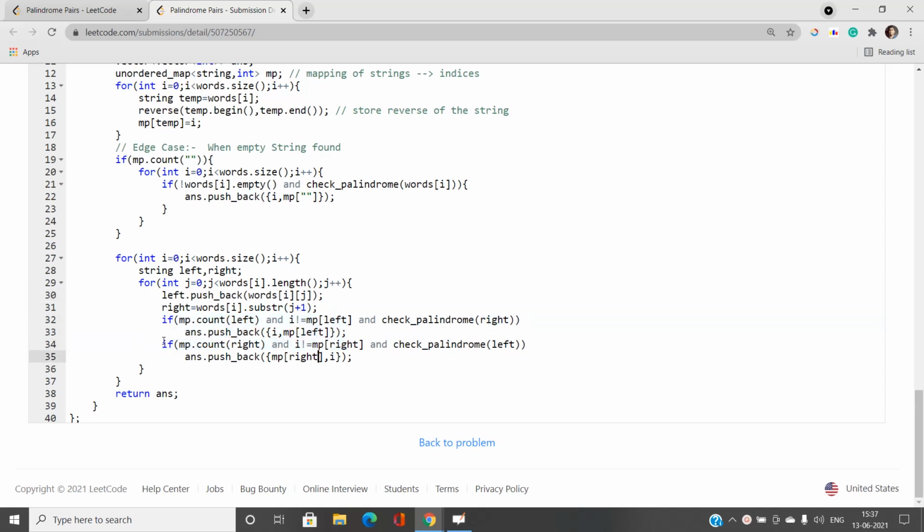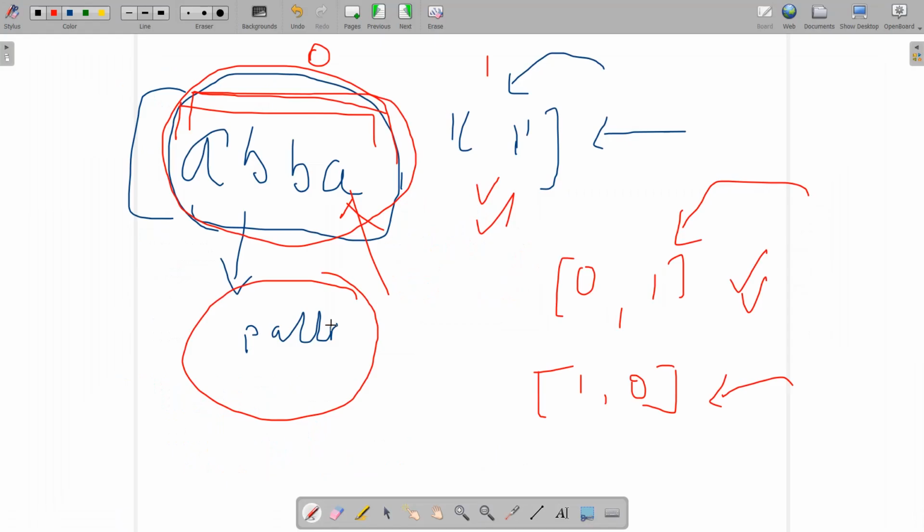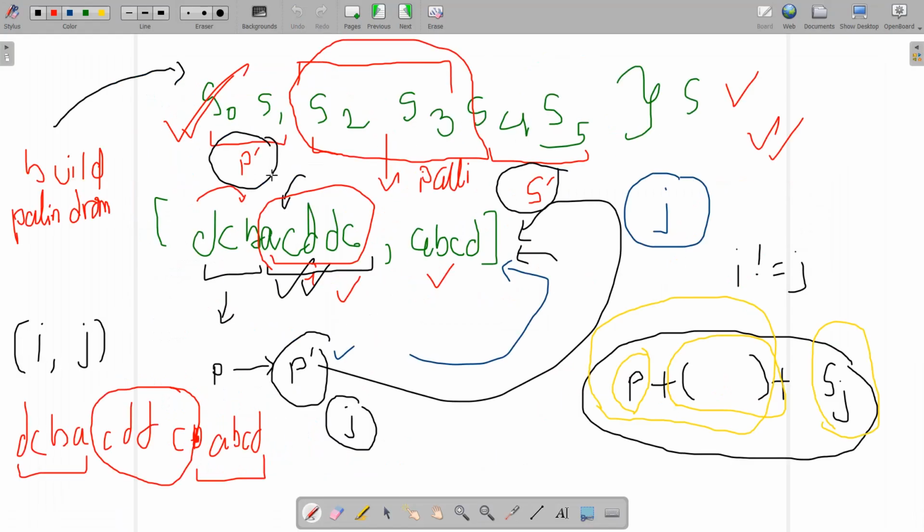Note that I have already reversed every string that is present in the vector of strings words. What I have been saying in this tutorial is that you have to reverse your current prefix, make it p dash, and then search in the array of strings. We can do it in a reverse manner. Reverse all the strings in your array of strings so that we have the reversed form already.